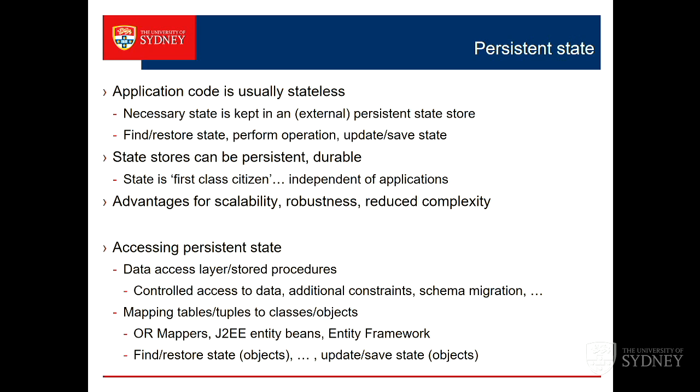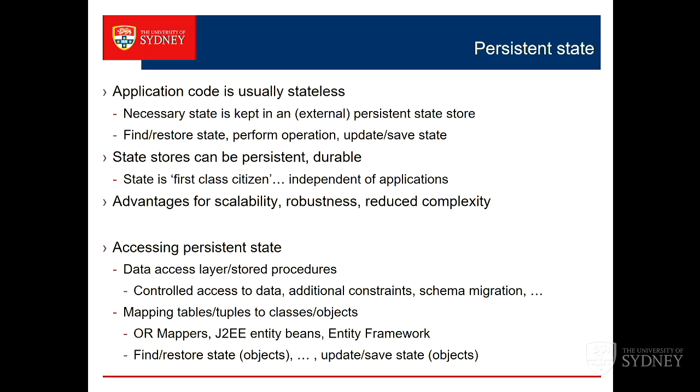So I may have a data store down there. The data store's got some type of API or query language it supports for accessing things in it. I may not want to let my application code see that directly. I may want to put a layer of business logic and integrity controlling logic above that. So the application layer hits that, and that layer then goes and does other things. That might be stored procedures in the database. It might be some form of application code, such as an entity layer.